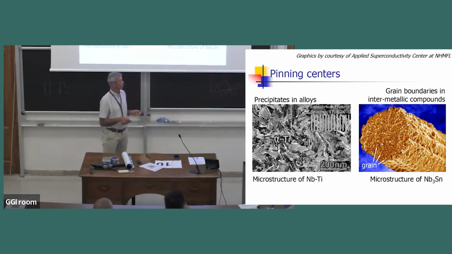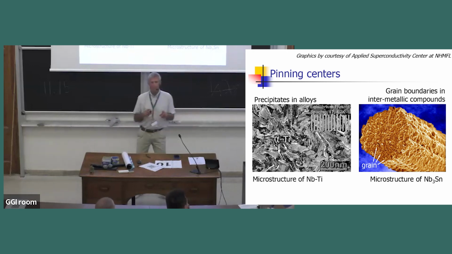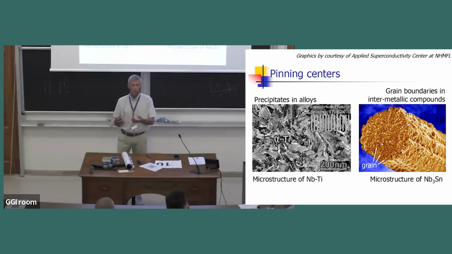What are these pinning centers? I've taken two examples. One is niobium titanium, the other is niobium-3 tin, which are well known and understood. In niobium titanium, which is an intermetallic alloy, you treat the material through various heat treatment and drawing steps so that you have precipitates. The precipitates are the white lines that you see here. They're alpha titanium in the alloy. If you do the thing properly, you can make it precipitate with a spacing that is comparable to the spacing of the fluxoids at a certain field and temperature. That means they're ideally arranged so they're blocking those fluxoids. That would be the spacing at 5 Tesla, 4.2 K. And that's where you get a peak of the pinning force.